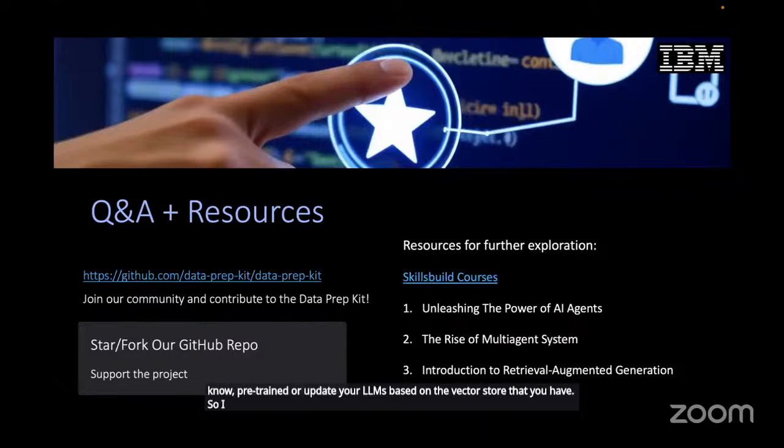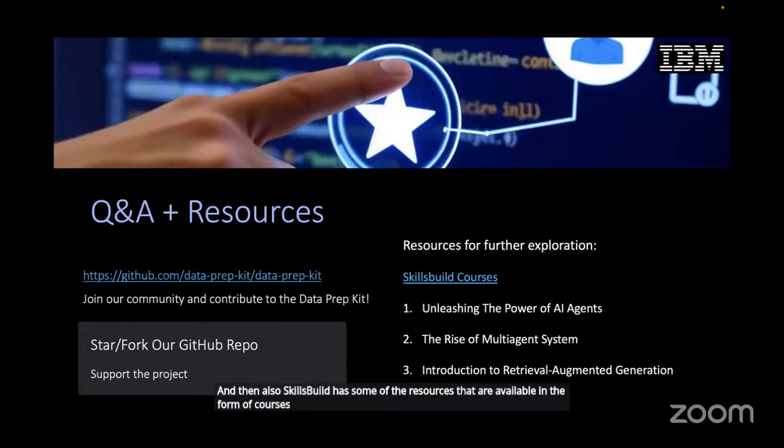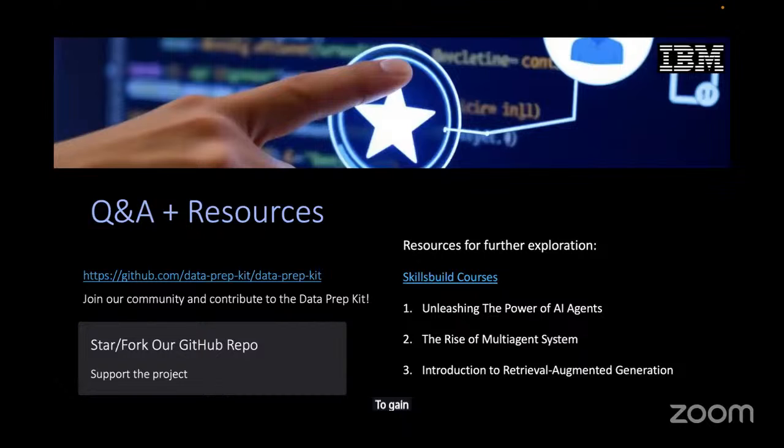I think this would be one good repository that you'd like to go out and explore on your own. And then also SkillsBuild has some resources available in the form of courses, like Unleashing the Power of Agents or the Rise of Multi-Agent Systems. I think these are some of the courses that you can start utilizing to gain more insightful information about RAG and agentic AI.